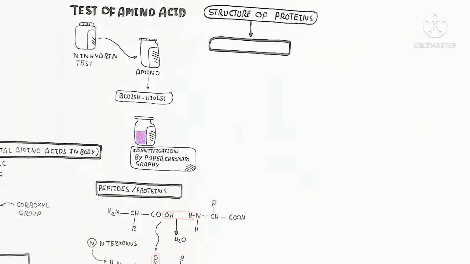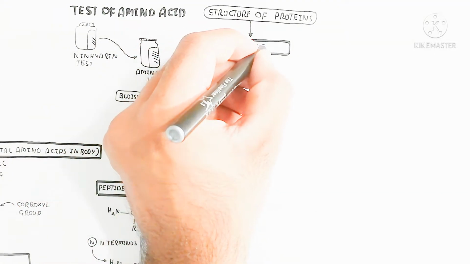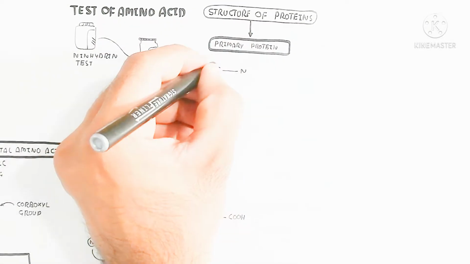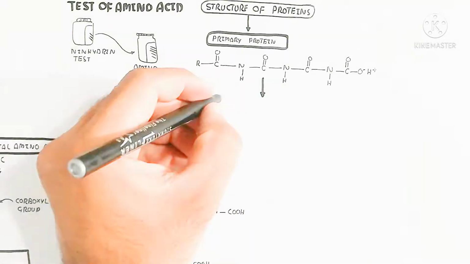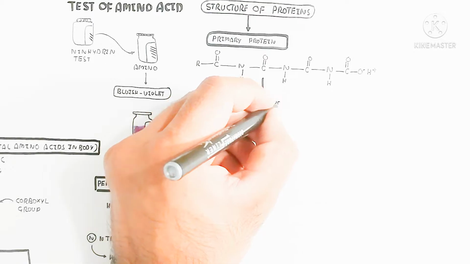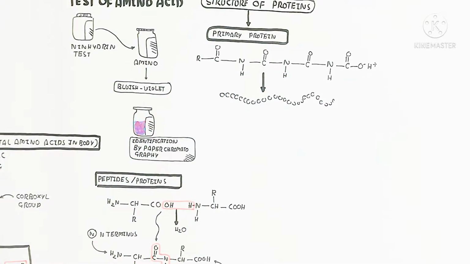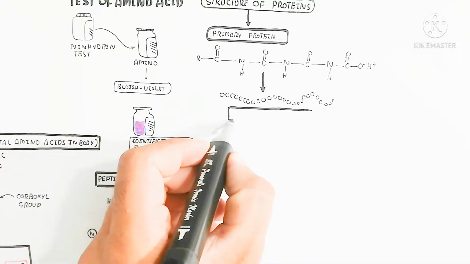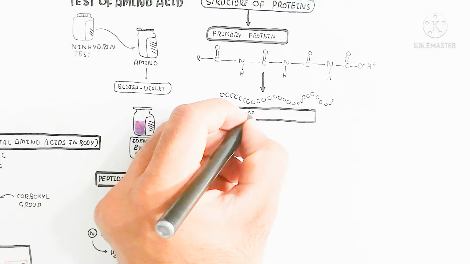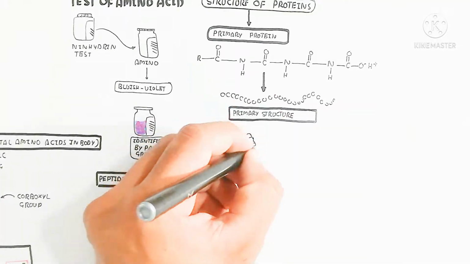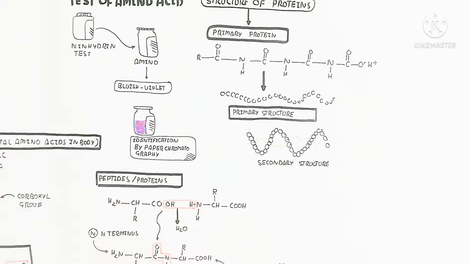Basically, first of all, the primary protein. Primary protein begins to be produced during translation to produce the polypeptide, the long chain, and in this chain the C-N bond will occur, the peptide bond. So this is the primary structure, and after this the primary structure will add the disulfide bond or another bond to form a secondary structure,